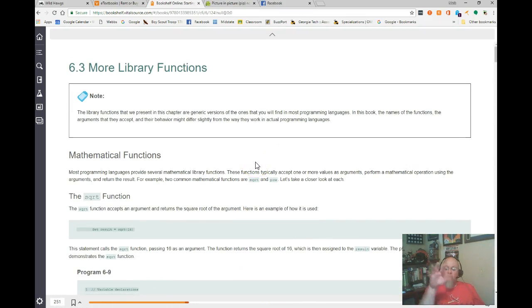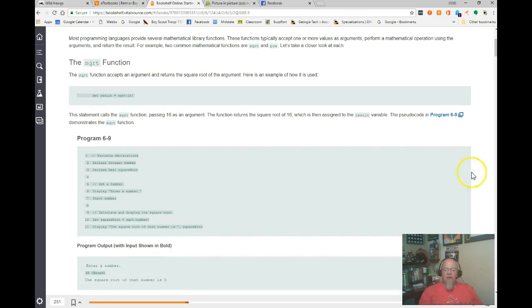Okay, so now, library functions. I like to call them built-in functions. These are built into Raptor, these are built into different things. Raptor does have what's called the square root function. So if we look at